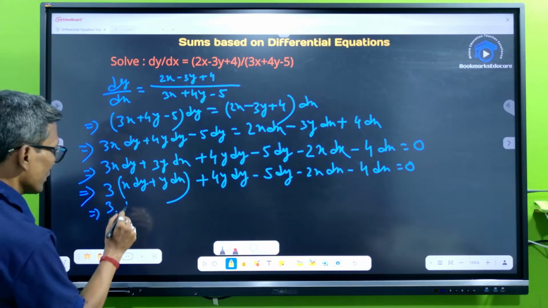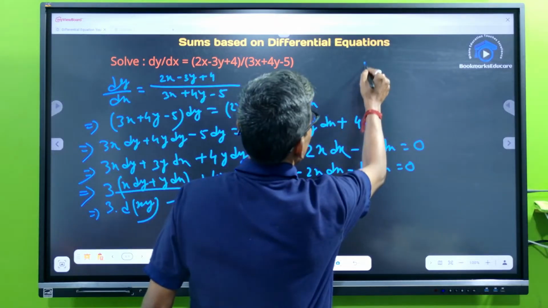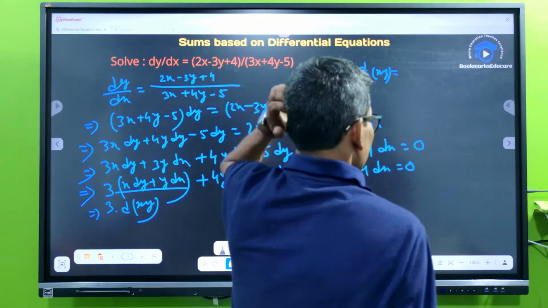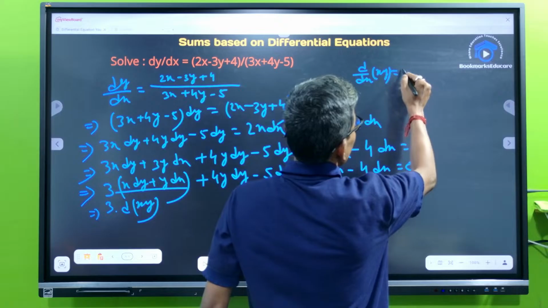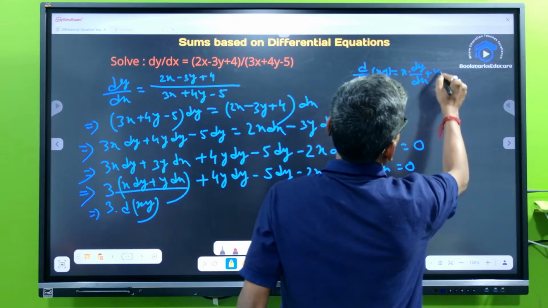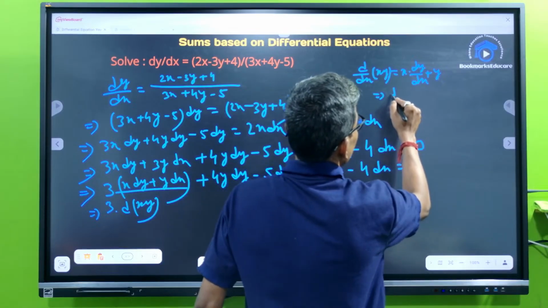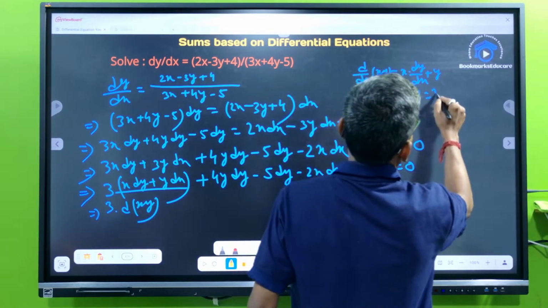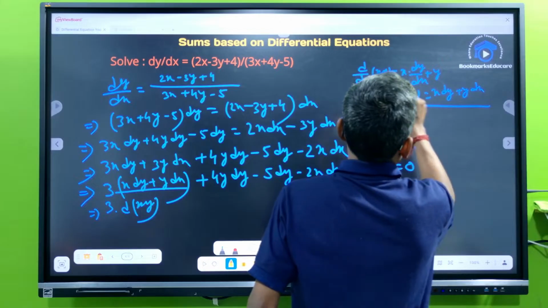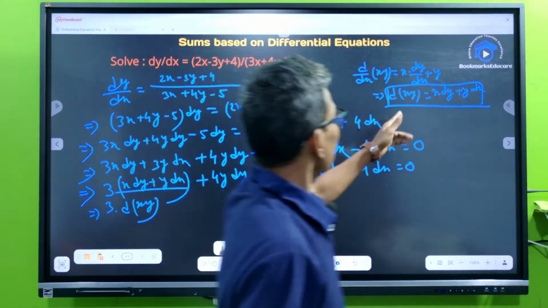So 3 into d of xy. If we differentiate xy, then by the product rule of derivative, x into dy by dx plus y into 1, since dx of x means 1. So d of xy is equal to x dy plus y dx. So instead of x dy plus y dx, we can put d of xy